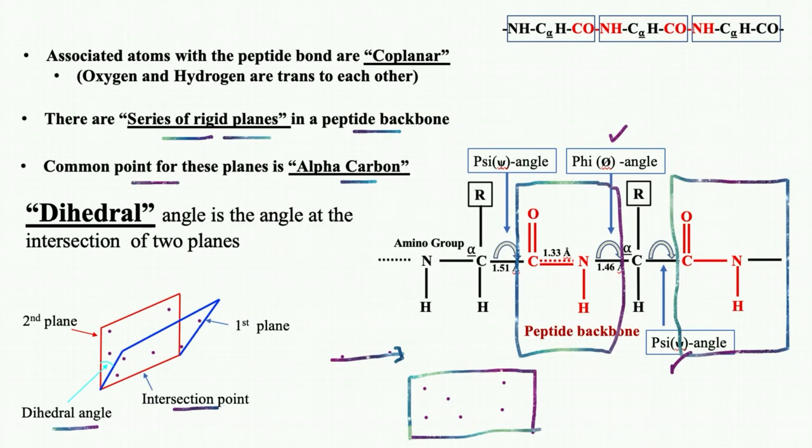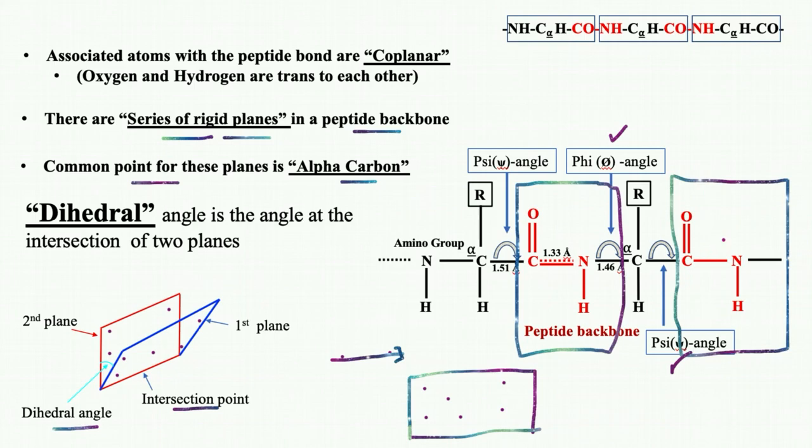Now let's come back to the figure. If you look at these two different planes, one plane is that one and the other plane is that one. These two planes can rotate with respect to each other through this alpha carbon and through these two bonds, because the rotation is only possible on this phi and psi angle. If you want to rotate this rigid plane with respect to that one, in principle it is possible to rotate it from 0 to 180 degrees, or from 0 to minus 180 degrees, so a complete clockwise or anti-clockwise direction.